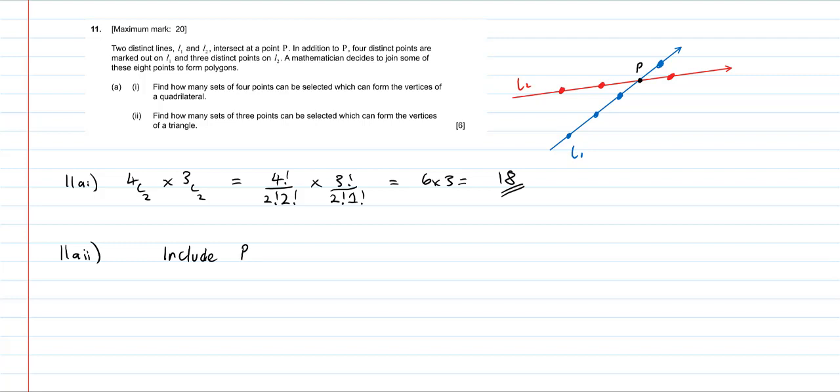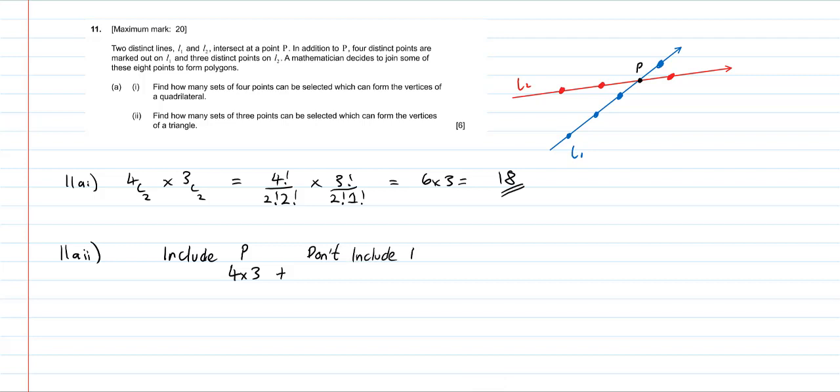And then on the blue line, or line 1, we've got 4 points we can choose for our second vertice. Then our third vertice on line 2, we have 3 points which we can choose from. Now, that's all the triangles we can make that include P as a vertice. Then if we don't include P,